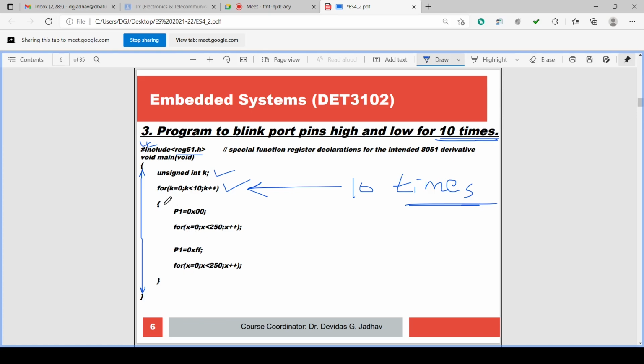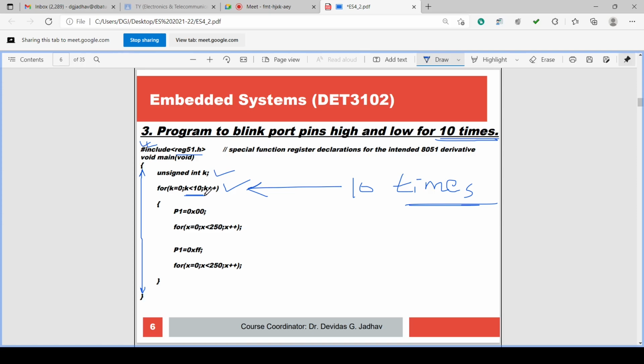And when k becomes 10, is 10 less than 10? It is false, so it will not execute. Isn't it? Because of the k plus plus, after 9, k will increment to 10. So as k becomes 10, the for loop will stop executing, because 10 less than 10 is not true, it is false.